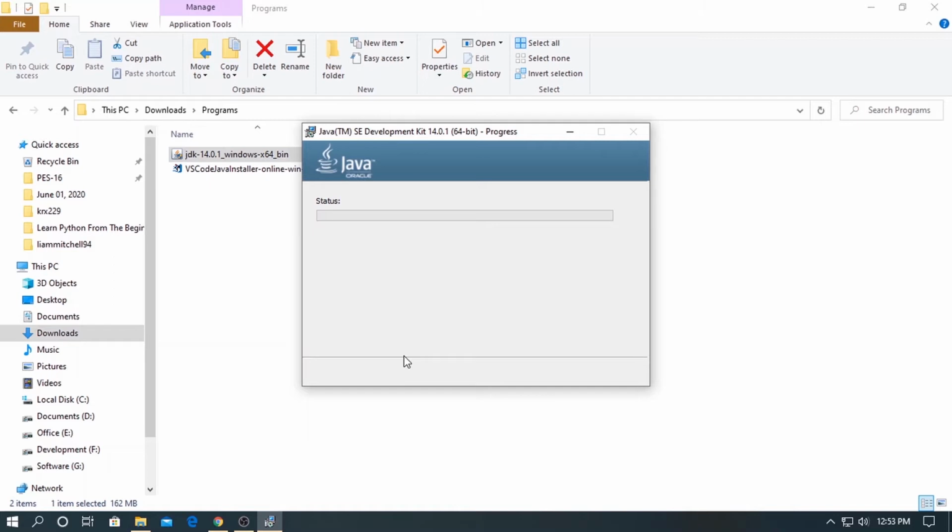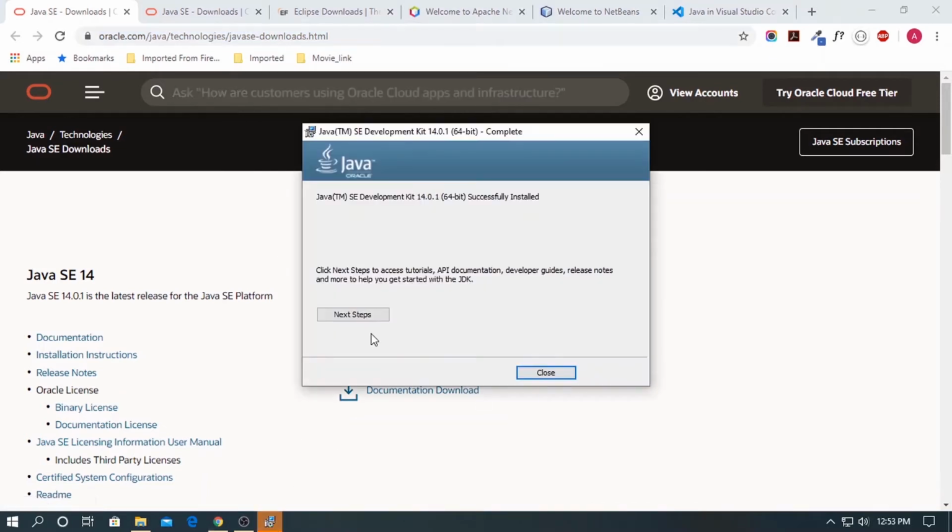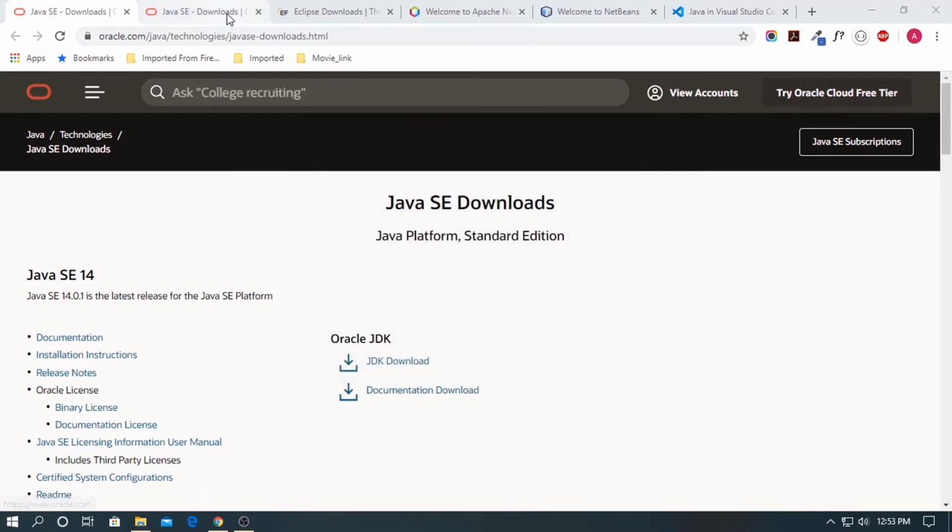While it gets installed, let's discuss the IDE. There are three IDEs of my choice, and two of them I used before. I am currently using VS Code, and we will install Java functionality for VS Code at the end of this discussion. Successfully installed. Okay, close. The IDEs of my choice are NetBeans, Eclipse, and VS Code, or Visual Studio Code.